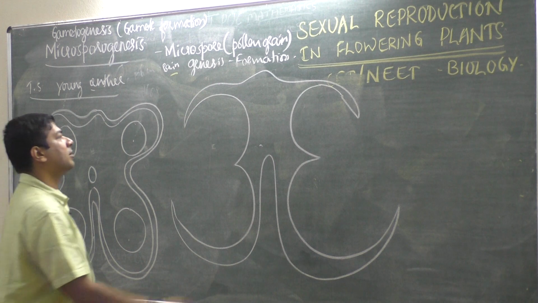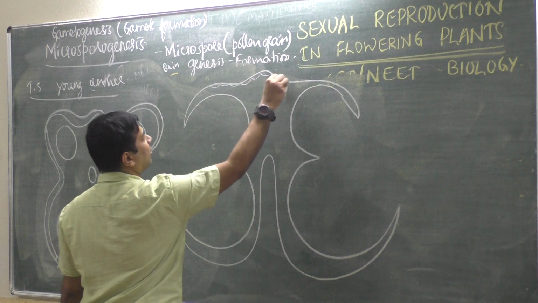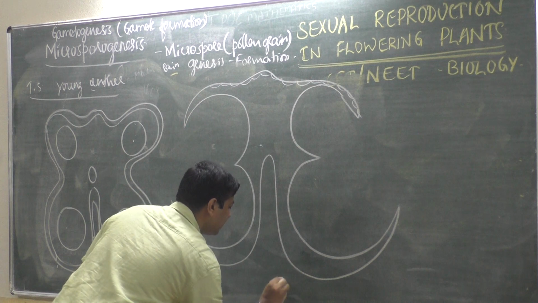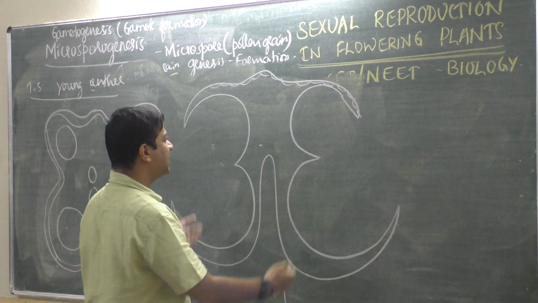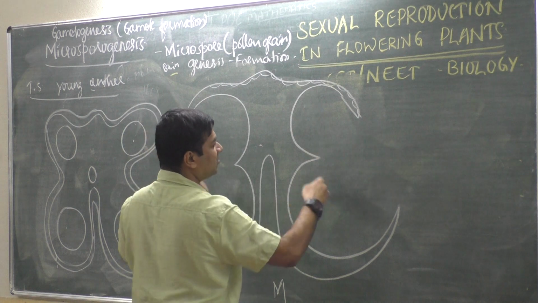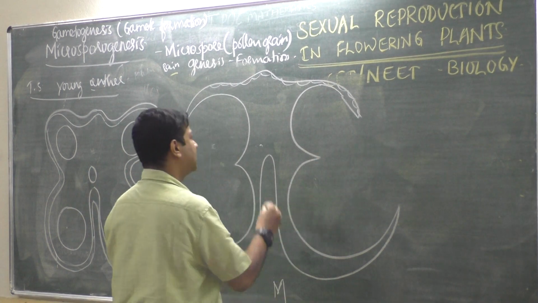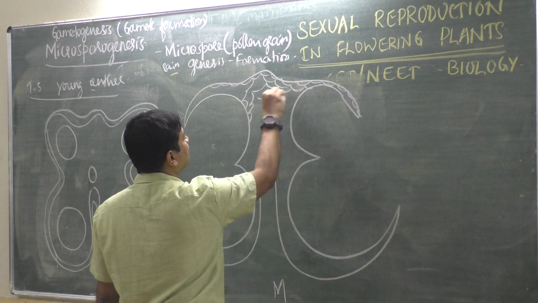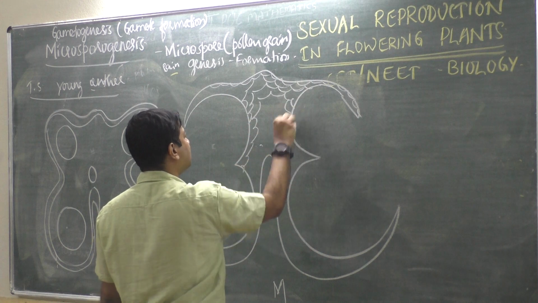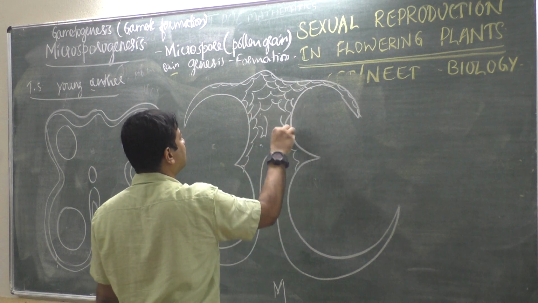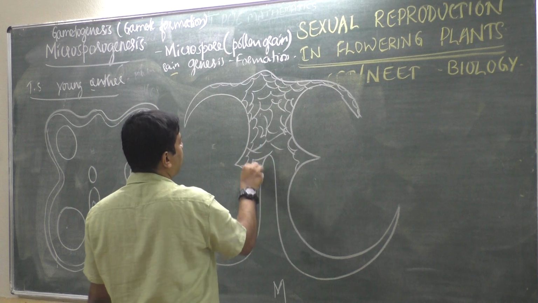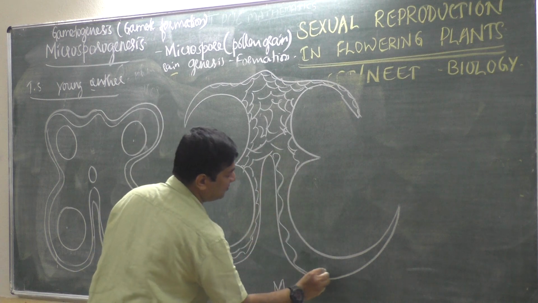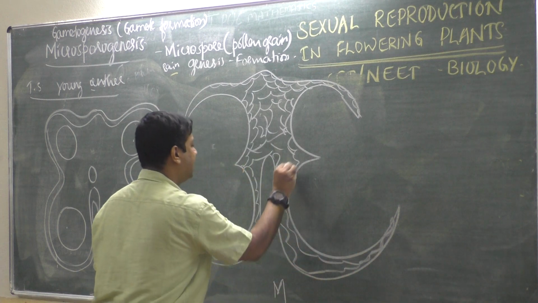Then there are a lot of tissues here which you have to draw. You have to fill them in. This is the young anther, and this is the mature anther. How can you say it is a mature anther? Because it has dehisced. It has broken open and all the pollen grains will be released from these sides. So tissues are there, you can just draw them. I'll draw it fast. You have to fill it. This is actually a waste of time, filling the cells inside.